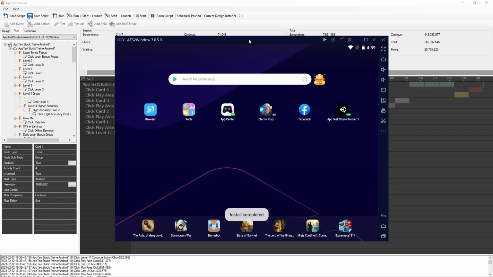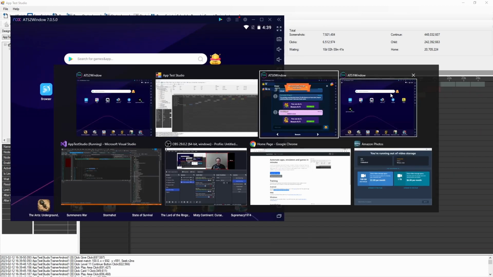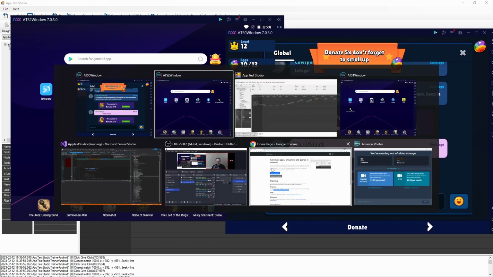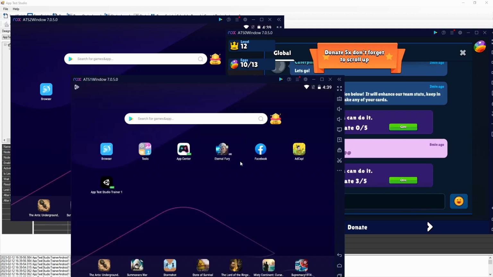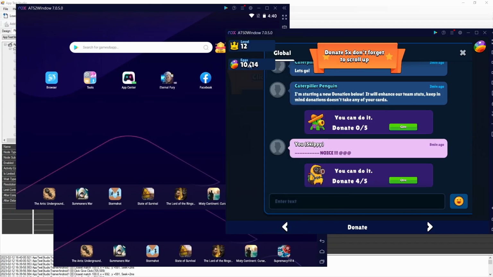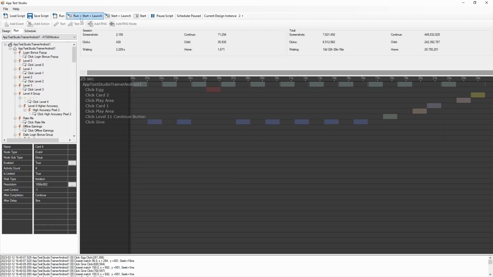Now it's complete. Let's see if I can get them all together. We are working on our donations, and we have emulator 2 and 1. And this is one reason I like Nox Player, is it runs in the background. But let's go ahead and